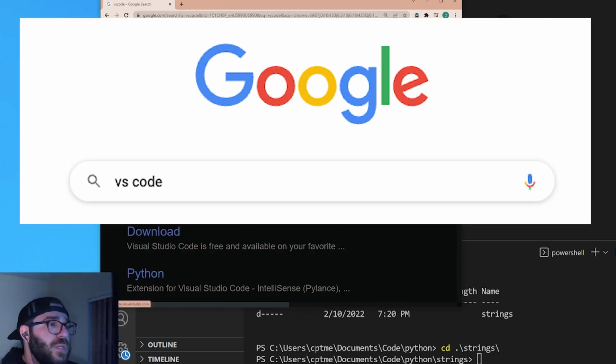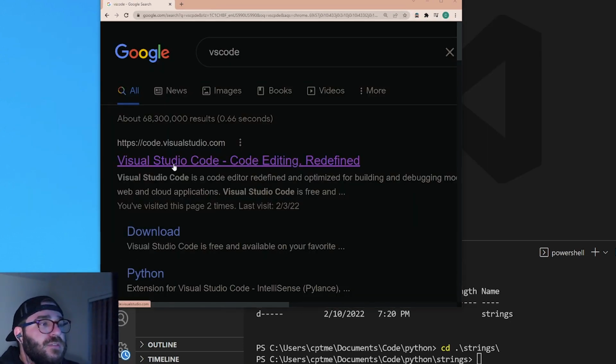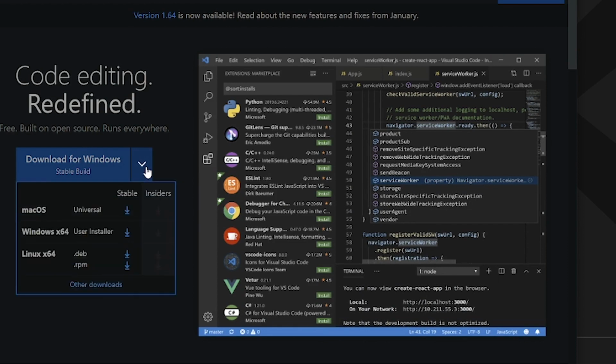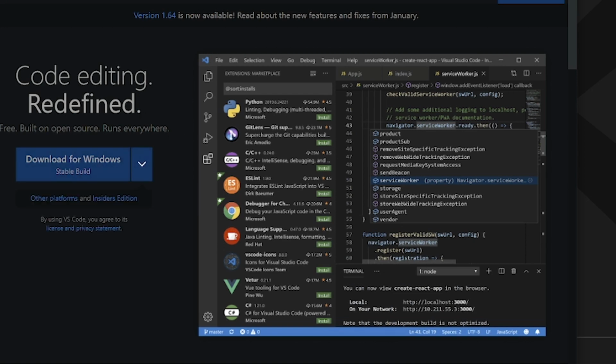Of course, type better than me today. And just follow the links. Download for Windows. If you're on Mac or Linux, that will reflect the right build. If it doesn't, click on the little drop down and make sure you install the right installer. But we already have Windows up and running. Download that, install that,